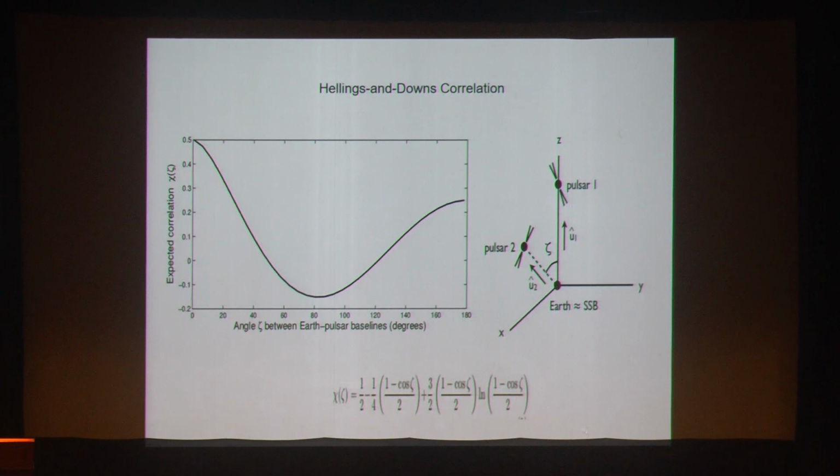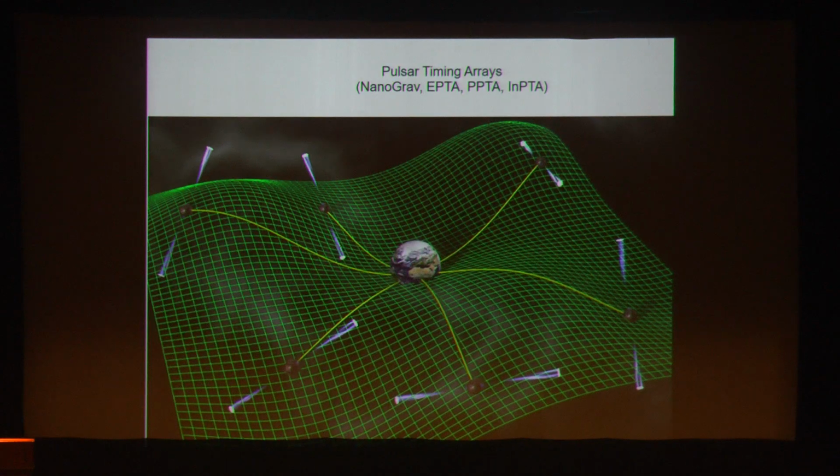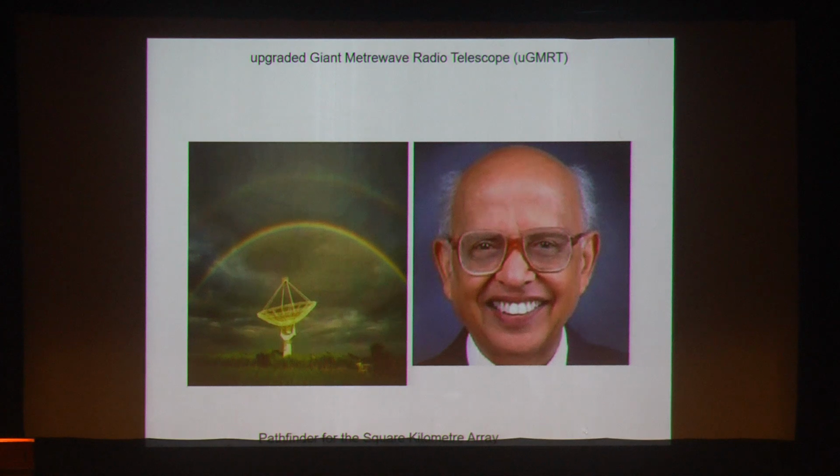There are 4 such experiments right now going on: NANOGrav in the USA, this is the European Pulsar Timing Array, this is the Parkes Pulsar Timing Array in Australia, and the new entrant into this picture is our Indian Pulsar Timing Array. And this Indian Pulsar Timing Array is using this upgrade